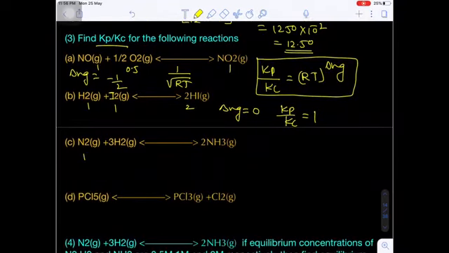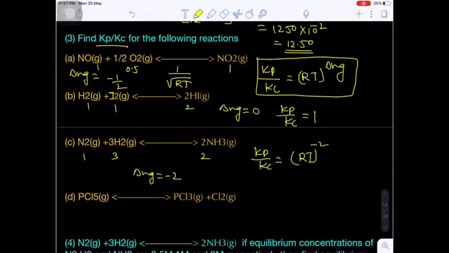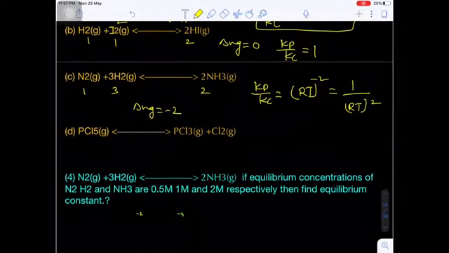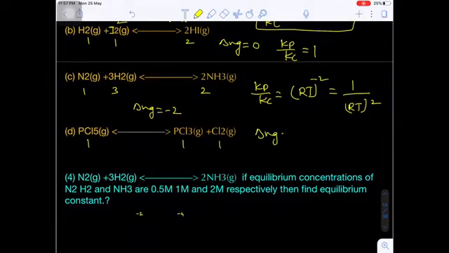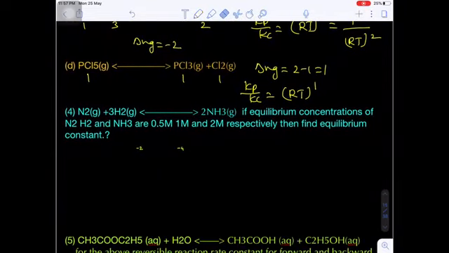Okay. Next, 1 mole, 3 mole, 2 mole. So delta Ng value how much? Minus 2. So Kp by Kc is equal to RT to the power minus 2. That means 1 by RT whole square. Okay. Next, 1 mole gives 1 mole plus 1 mole, 2 mole. So delta Ng is equal to 2 minus 1, that is equal to 1. So Kp by Kc is equal to RT to the power delta Ng, that is RT to the power 1. Okay. Now here